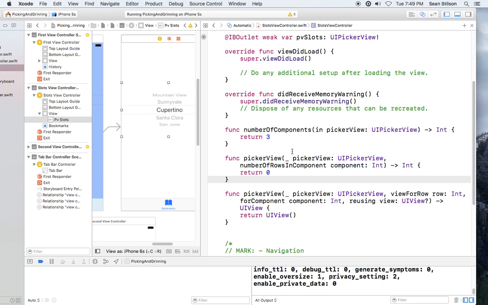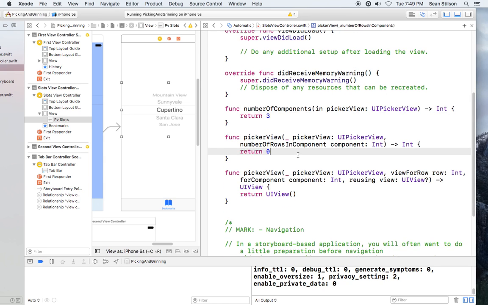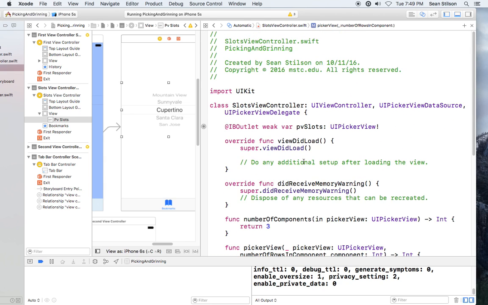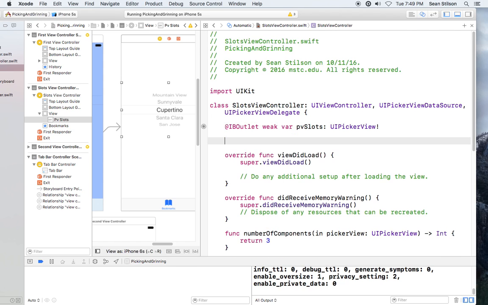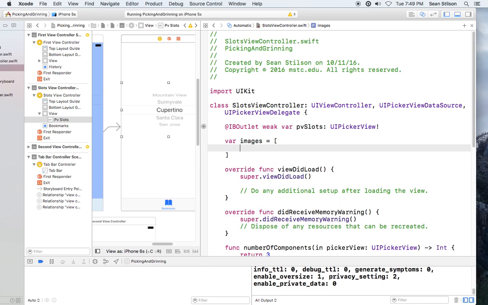We're going to need number of rows in component. All right, we're going to hold off on that for right now. Up here, underneath our outlet, we're going to create this guy, an array of strings. And in our array, we're going to have bananas,